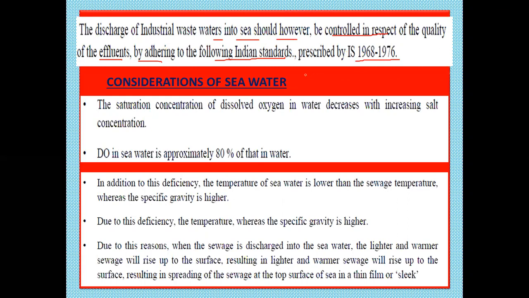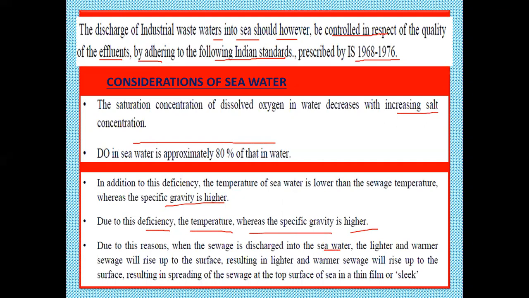Next, what are the considerations of the seawater? The saturation concentration of dissolved oxygen in water decreases with increasing salt concentration. So the dissolved oxygen we have in the effluent is decreased when you dump it in salt concentration, because seawater has a high salt concentration. Dissolved oxygen in seawater is approximately 80% of that in fresh water. In addition to this deficiency, the temperature of the seawater is lower than the sewage temperature, whereas the specific gravity is higher. For these reasons, when the sewage is discharged into the seawater,